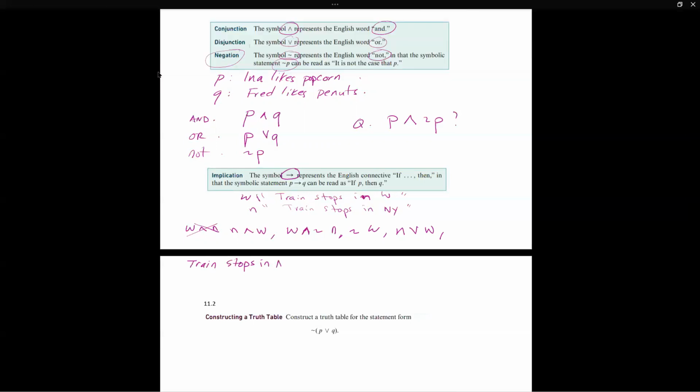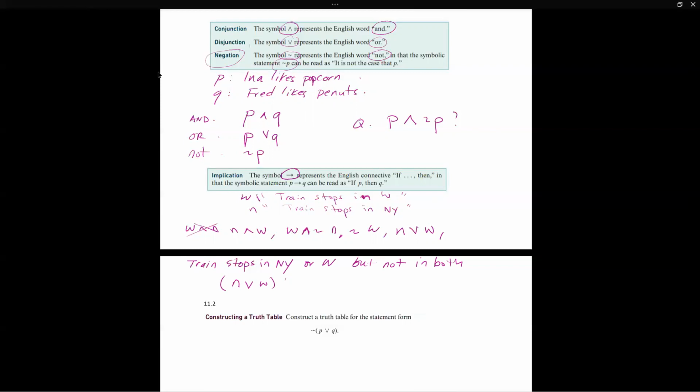In New York or Washington. Yeah, so it stops in this one or that one, but not in both. All right. So it stops in New York or Washington, right? That's the first one.